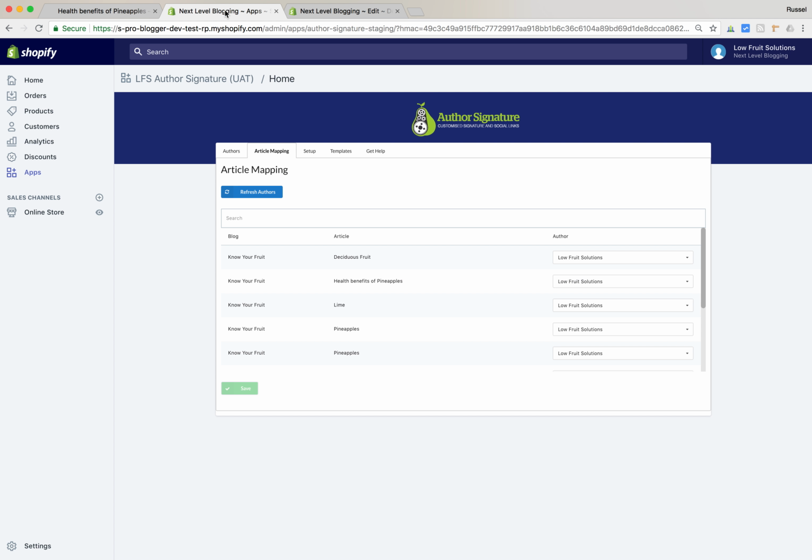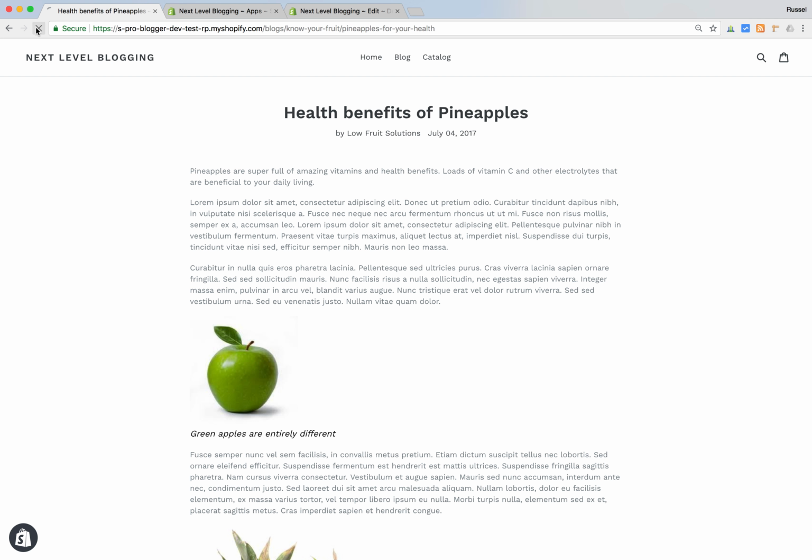So I'm just going to go back in there. I'm going to go back to the app. First thing we need to do is just do a refresh. If you load the app, you won't need to do the refresh. You would know straight away. So that guest author is now in the drop down. I'm going to just choose guest author, click save, update successful, go back to the blog article, hit refresh,